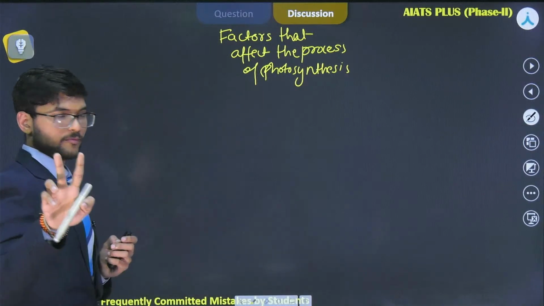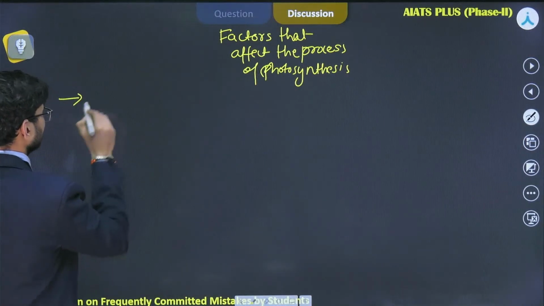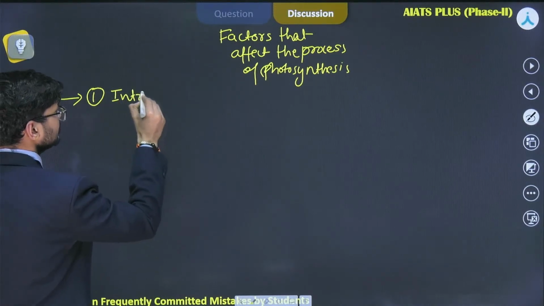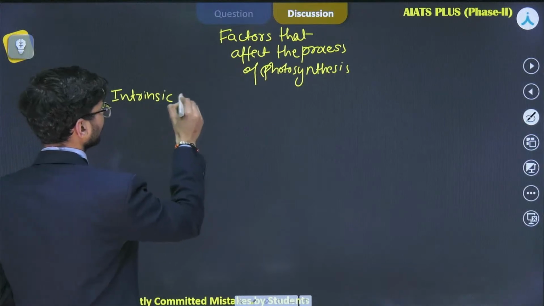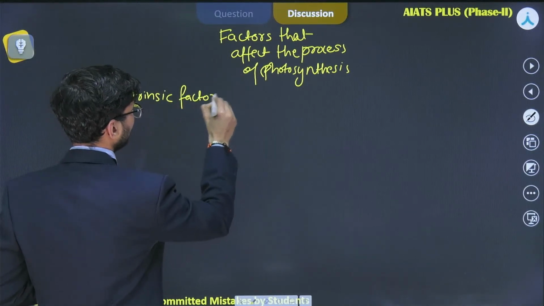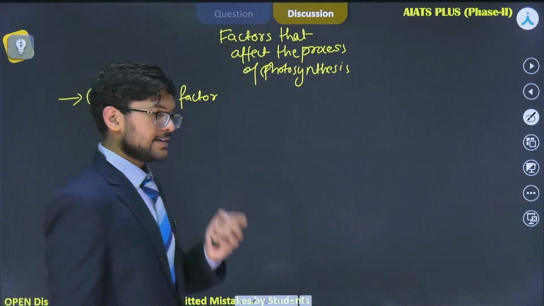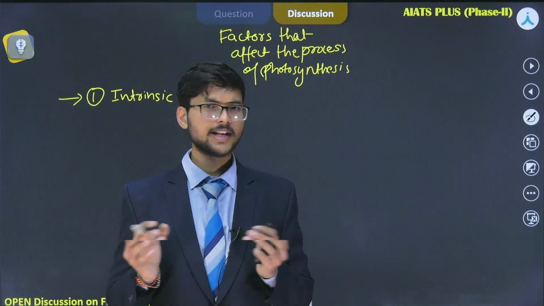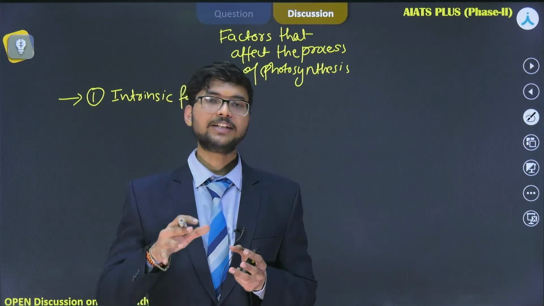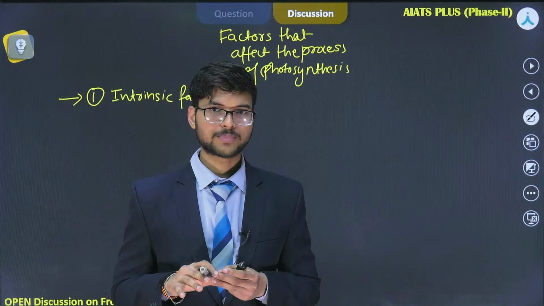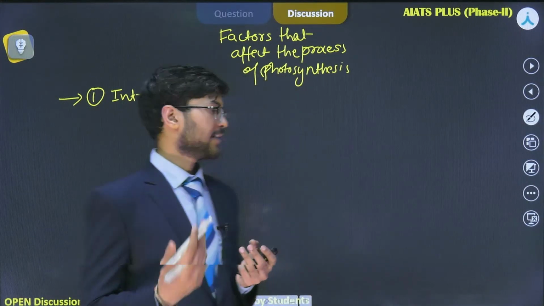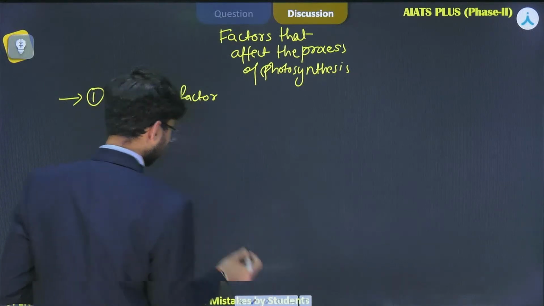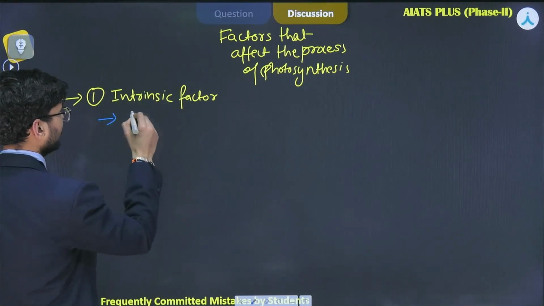So there are two factors that affect the process of photosynthesis. First factor is the intrinsic factor of the plant. Now the intrinsic factor is dependent on the genetic predisposition of the plant. What's genetic predisposition? That means it depends on the genes that are present in the plant, and it can code for various factors. Like the number of chloroplasts,